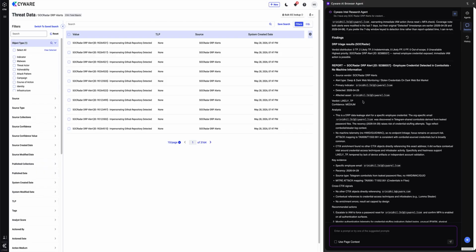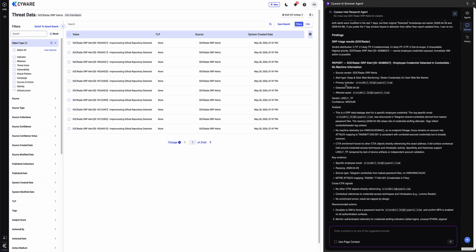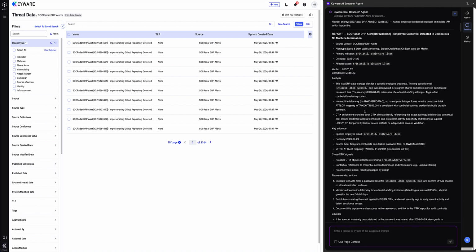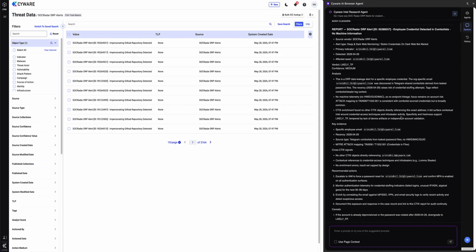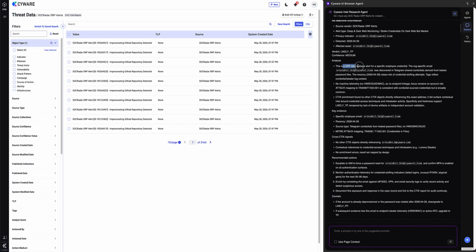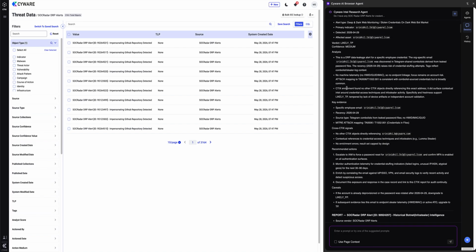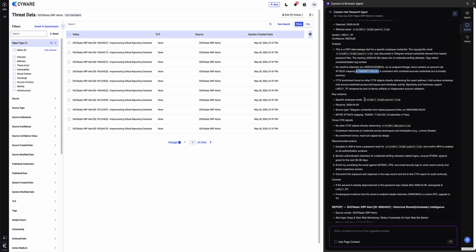The system provides an initial summary, followed by a detailed breakdown for each alert, including primary indicators, affected assets, and a comprehensive analysis of the identified threat, such as data leakage. Notably, the system identified specific credentials within shared Telegram combo lists. This finding, indicative of Stealer log exposure, is critical to our current threat landscape and aligns directly with the previously discussed attack scenarios. The system maps each alert to specific MITRE ATT&CK TTPs and queries the intelligence suite to identify